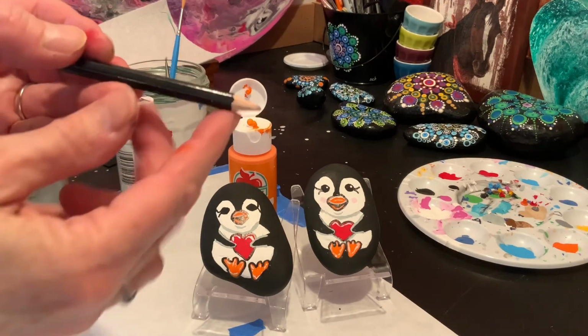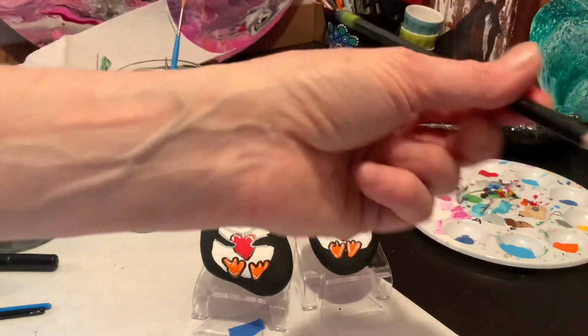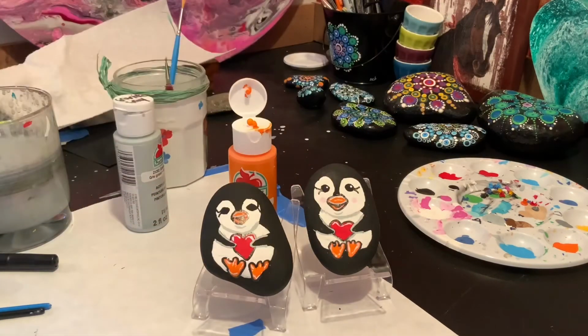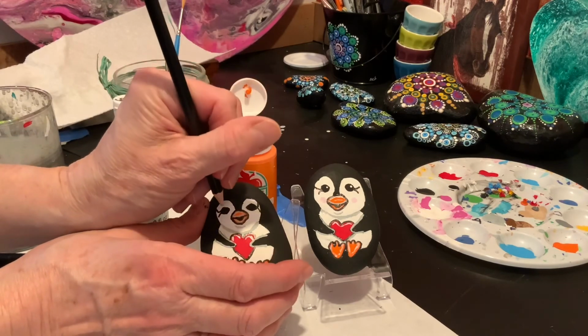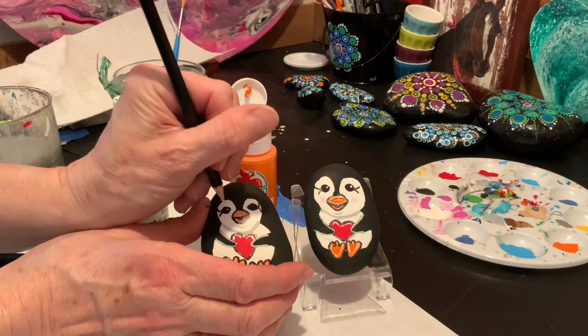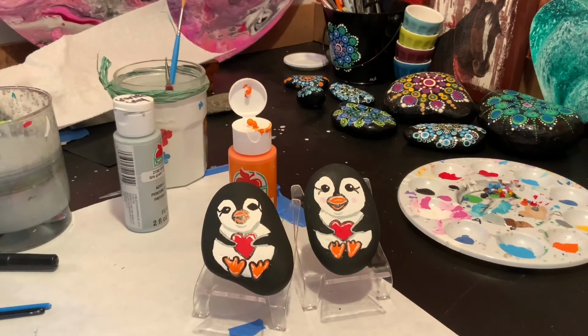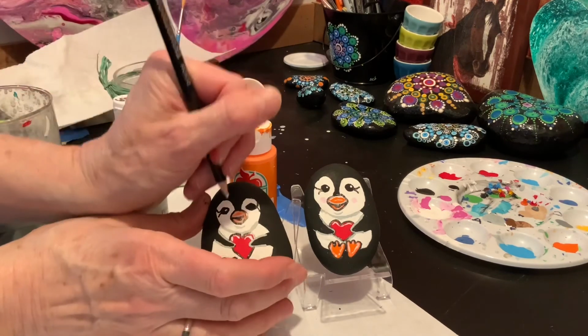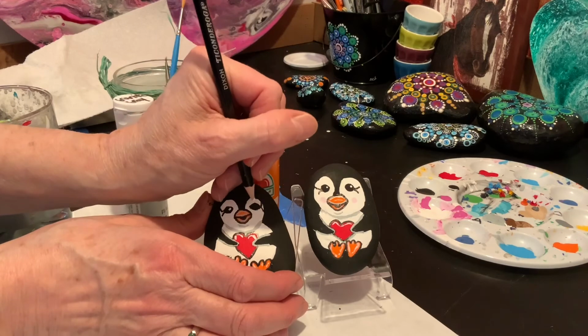So I'm actually just using the point of a pencil. I'm going to just dip a little bit in my white paint, and I'm going to go close to the center on the first one. That's pretty good. Might just get a little bit more. Try to do a little better dot. Okay, so there's one, and then